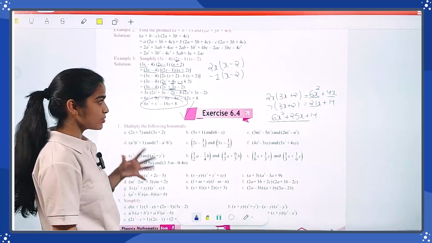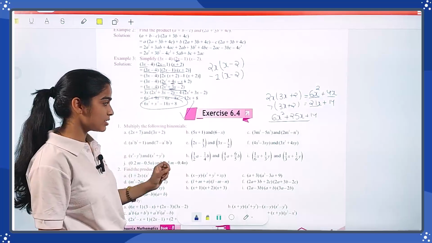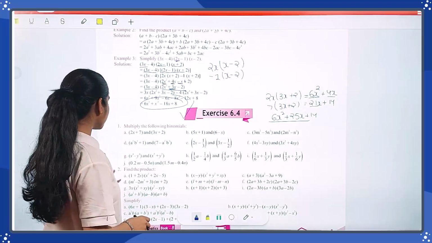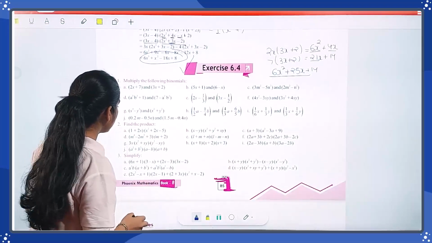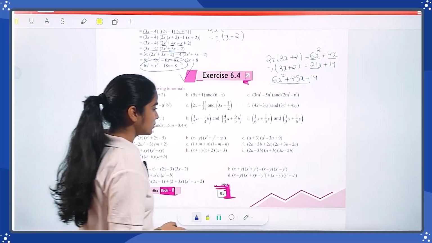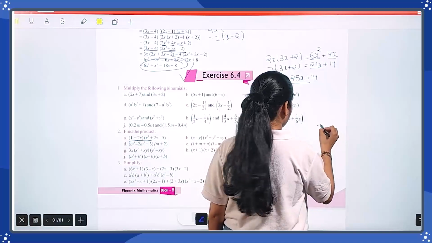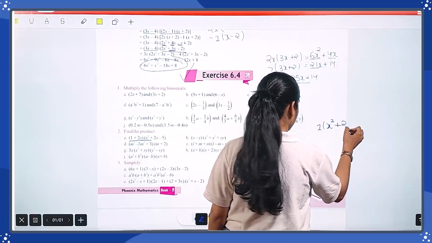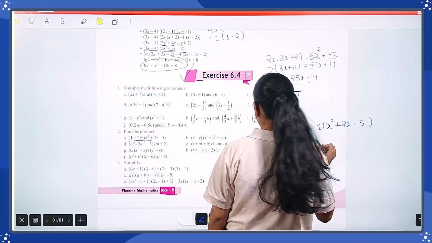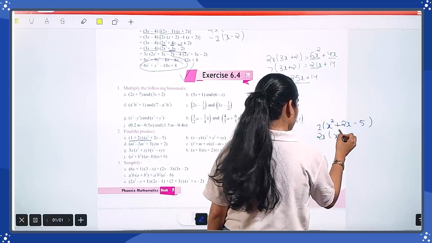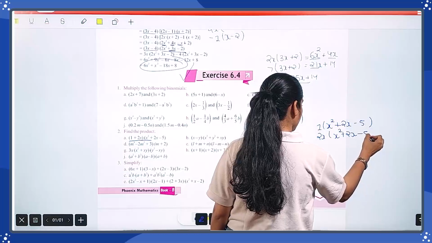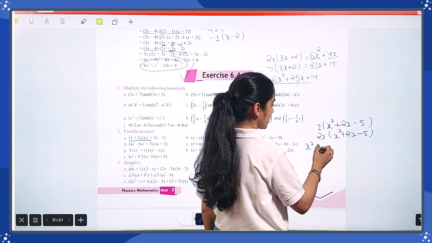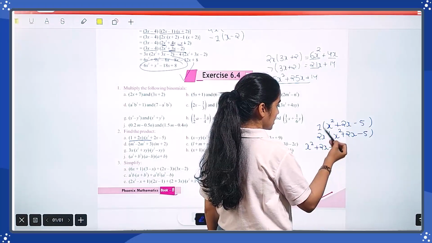I already gave you so much time over the examples to explain each and every step. So do one thing, try to solve on your own, then you are able to evaluate yourself how much you know till now. Now find the product. So 1 plus 2x, x square plus 2x minus 5. So again what we have to do: first, when we multiply any number with 1, we get the same result. So x square plus 2x minus 5. The same result we have.